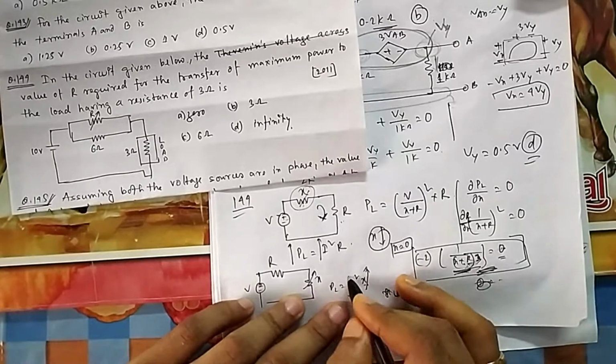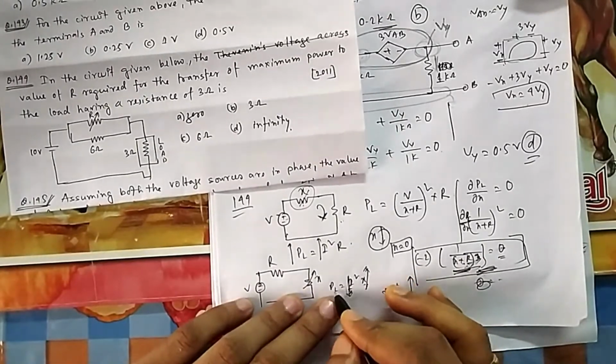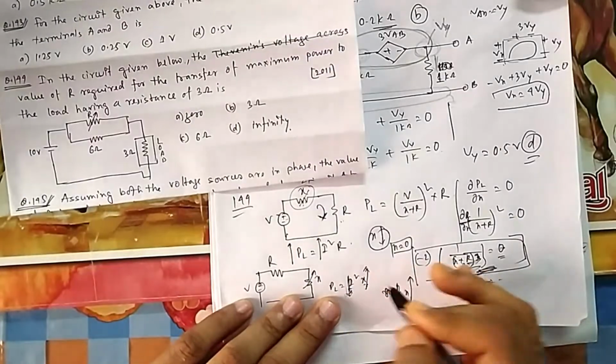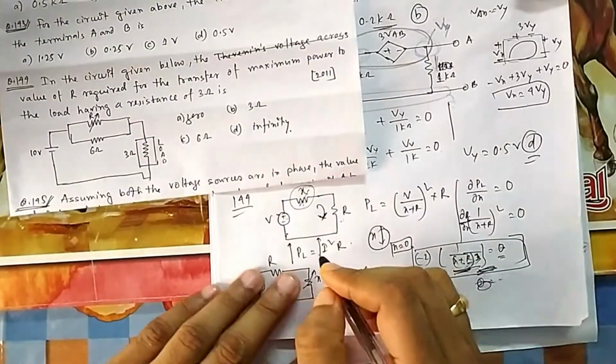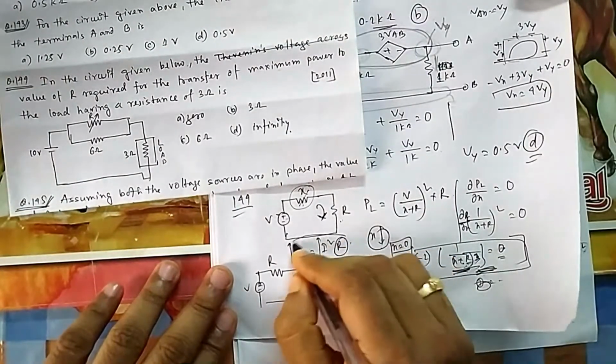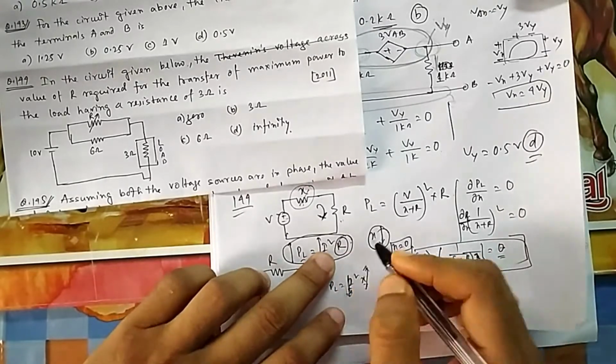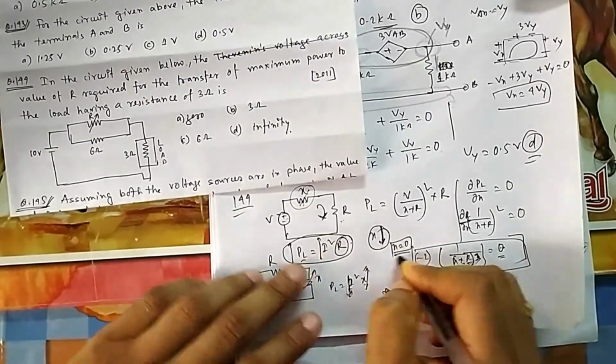If you change here, it will change. If you increase here, it will decrease. If you decrease here, it will increase. So you don't know when your PL will be maximum. For that you need to go for differentiation. But here, because this is fixed, if you change X, only I is changing. So you can say when PL will be maximum. If your I is maximum, then PL will be maximum. When I is maximum, your X is at the minimum level, that is 0.